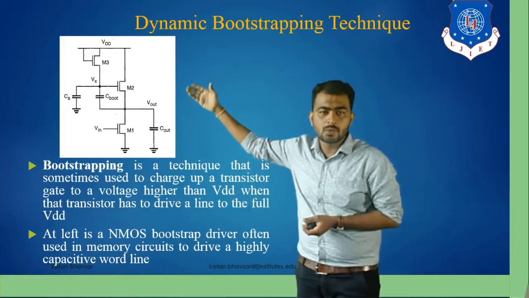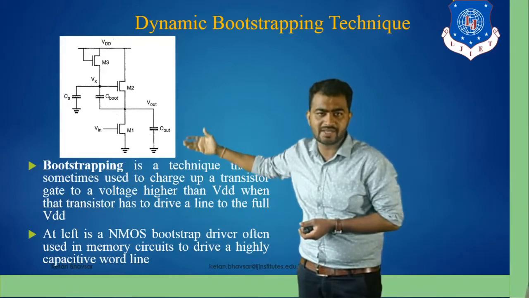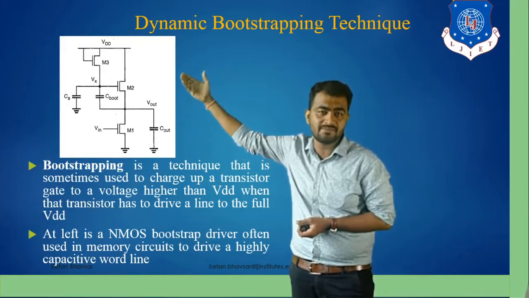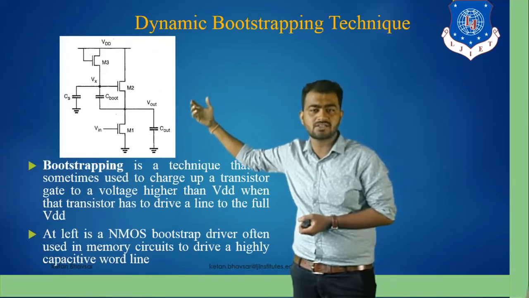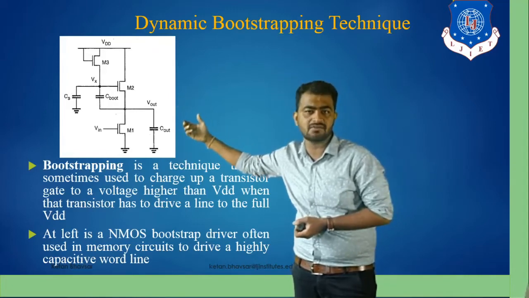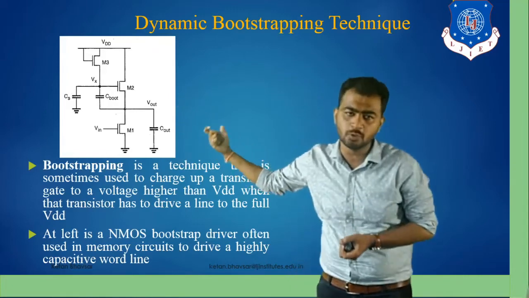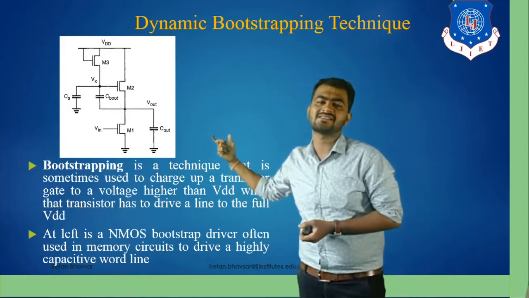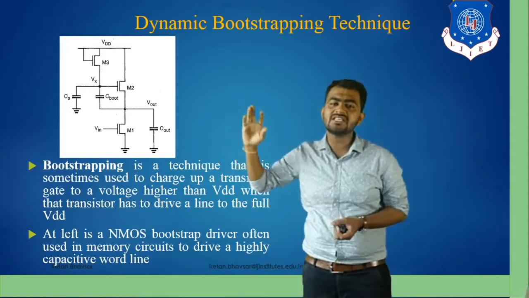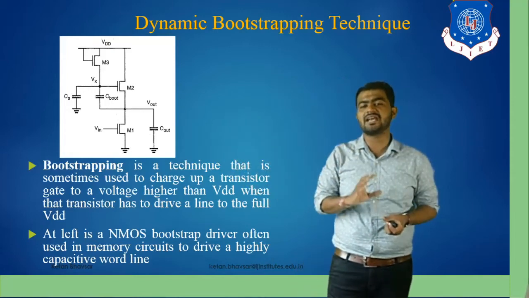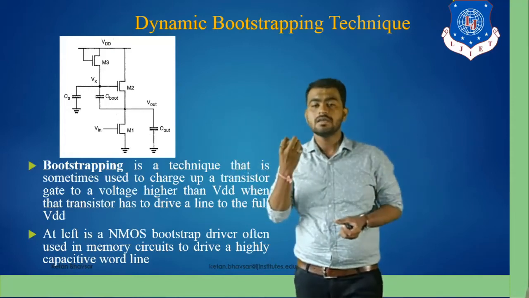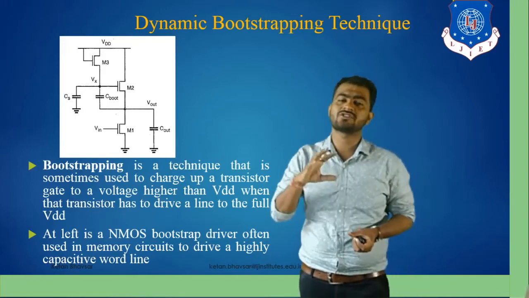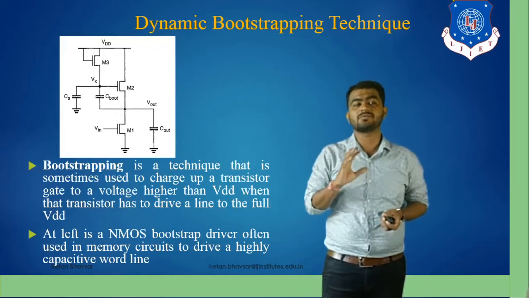As you can see, we have connected M2 and M1, but we have connected one more extra transistor, called M3, which works as a switching circuit connected with the bootstrapping capacitance C boot. And here one more capacitor is connected, called C out. M3 plays the main role in providing the switching, and it provides a higher voltage as compared to the normal switching configuration. Because of that reason, it's called a dynamic bootstrapping technique.